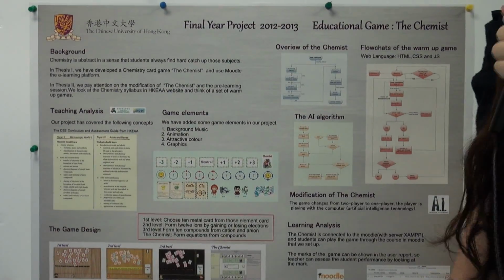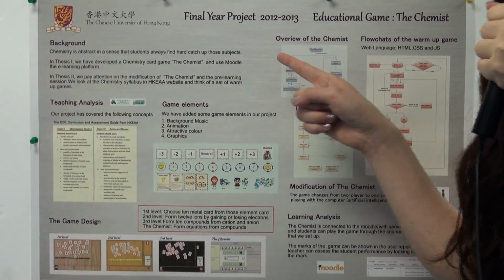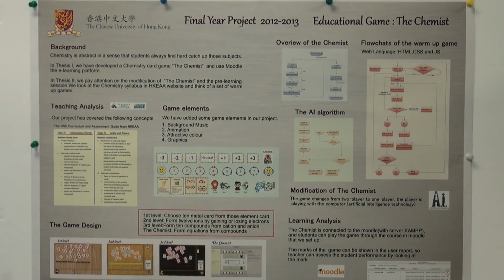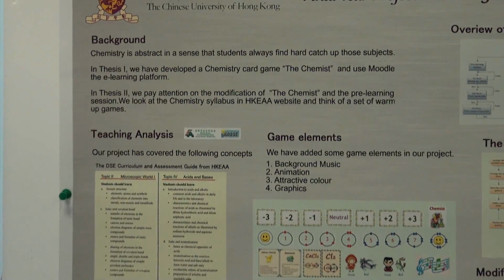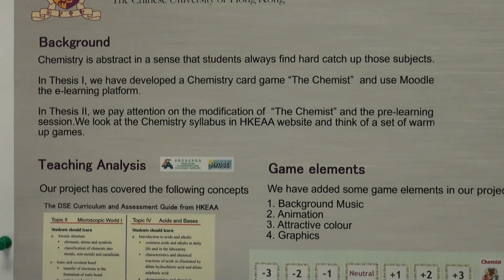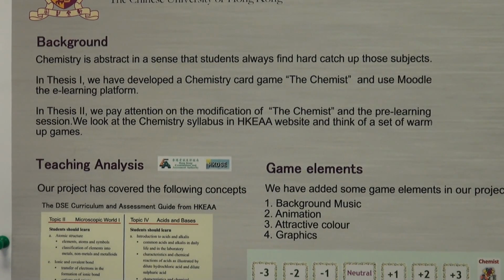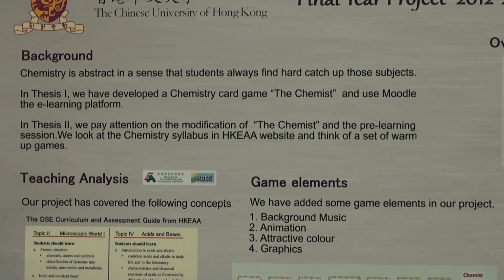Let me talk about the background. Chemistry is abstract, in the sense that students always find it hard to catch up with those subjects. In high school, students always find chemistry very difficult to understand and learn the concepts. So our project aims at replacing the original textbook to let them have another platform to learn and understand the